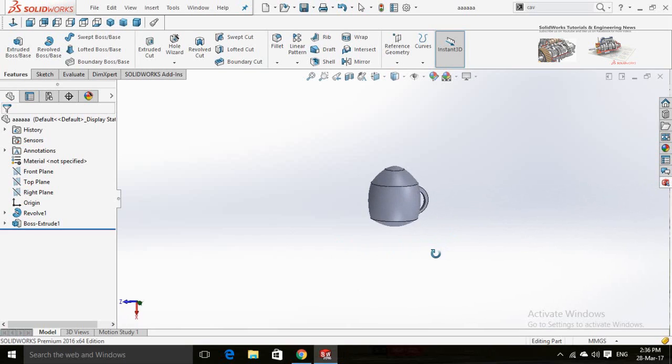In this video I am going to show you how to model a simple mold for this type of object. First of all, you have to find a plane which is in the mid of the object. If there is no such plane, create a new one.